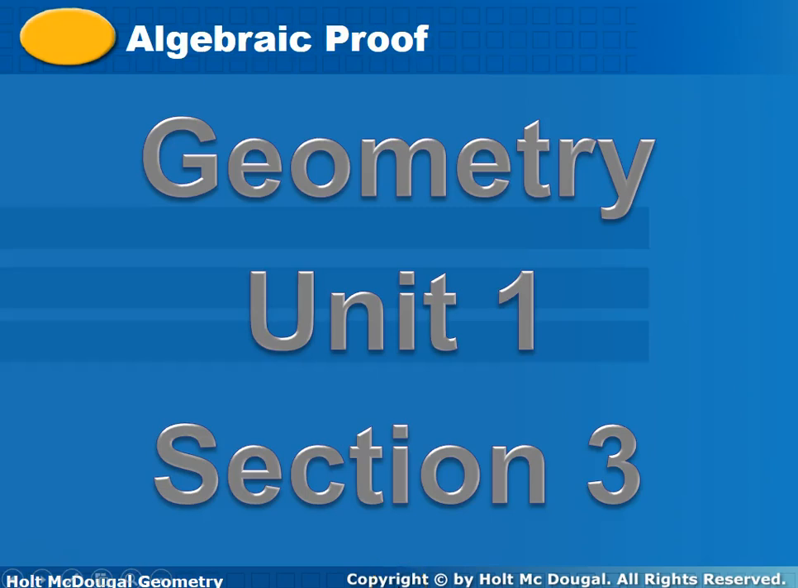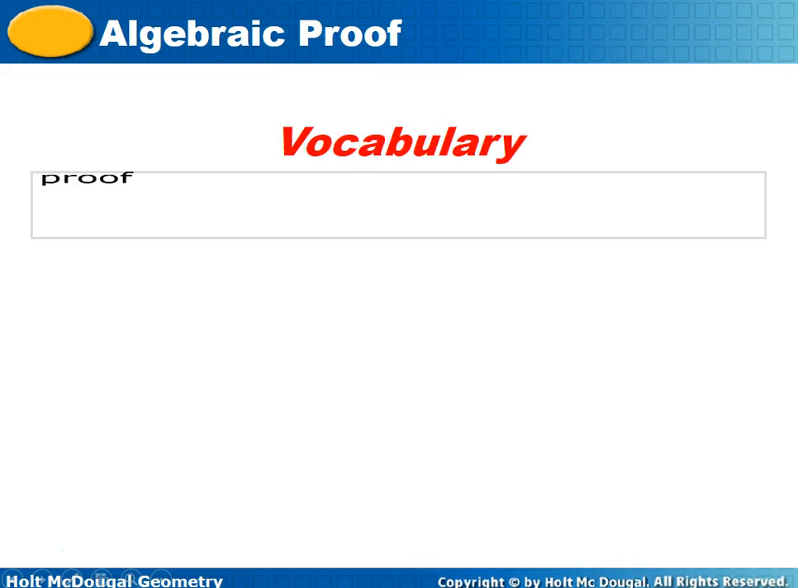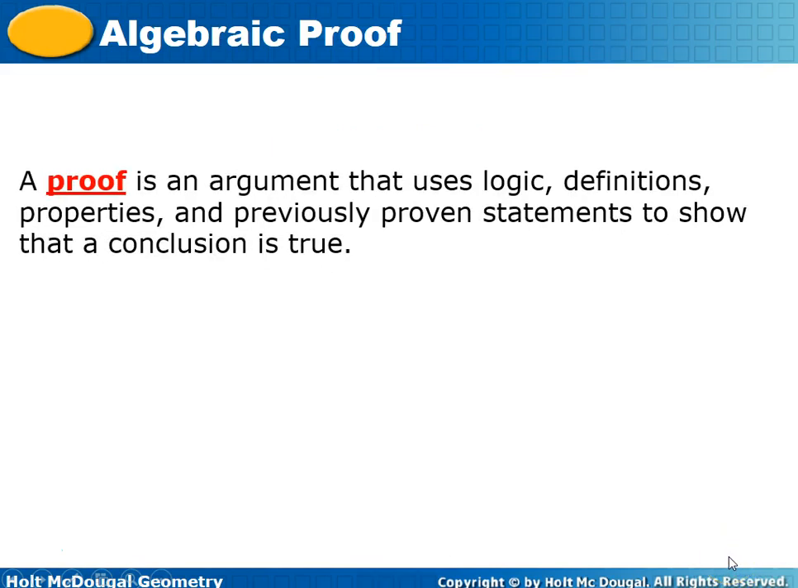So this is the Geometry Unit 1 Section 3 video about algebraic proofs. Today we're going to use the properties of equality to write algebraic proofs and identify properties of equality and congruence. Our vocabulary word today is a proof, and in this first blank in your notes